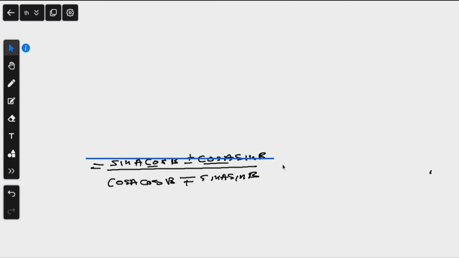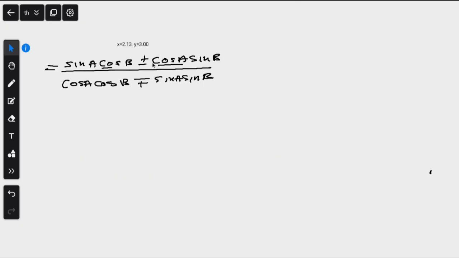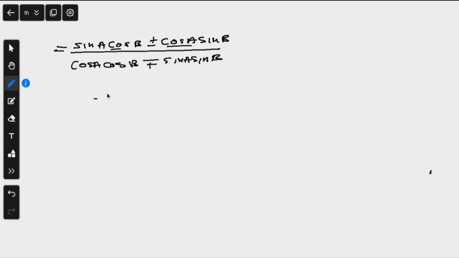Let's take this one here up. Alright, so this is what we have, isn't it? Now what I'm going to do here, if I divide throughout, or I multiply throughout by 1 over cos A cos B,